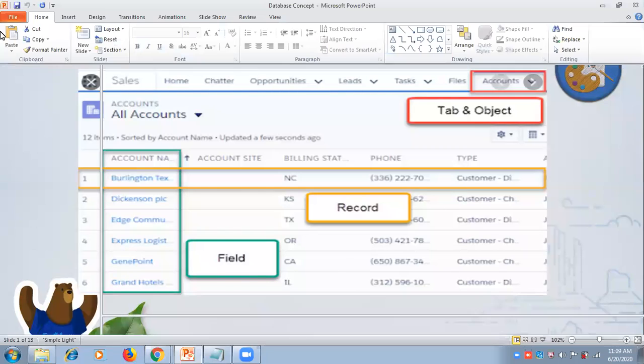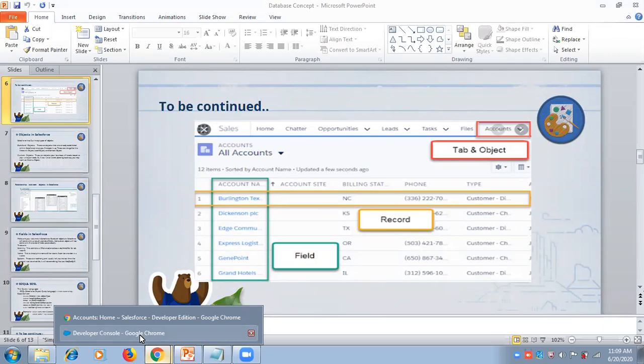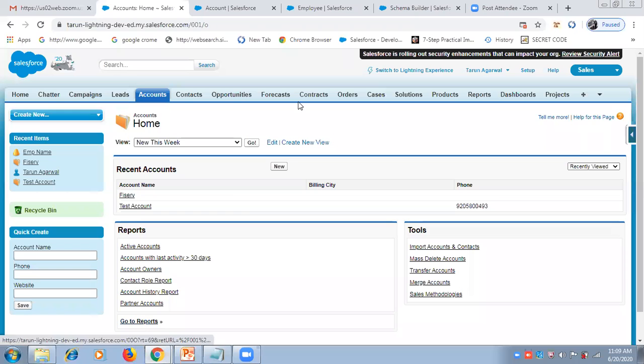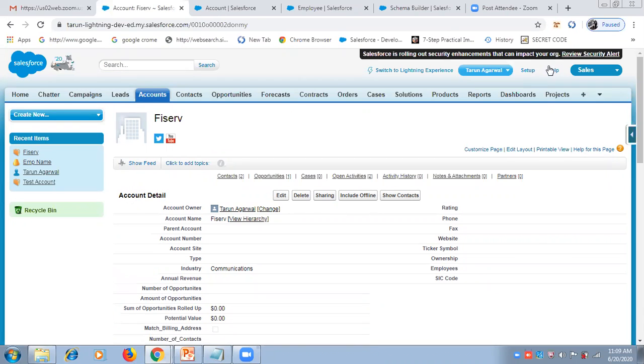Let me show you. Let's see one object, that is Account. Let me switch to Lightning.